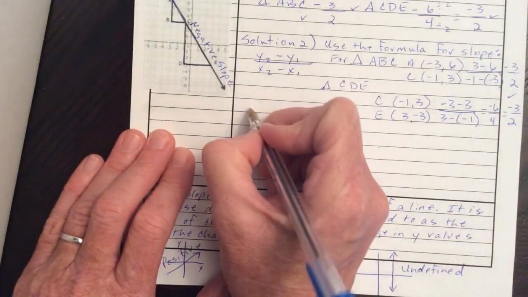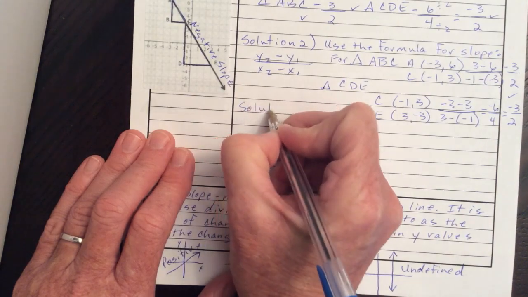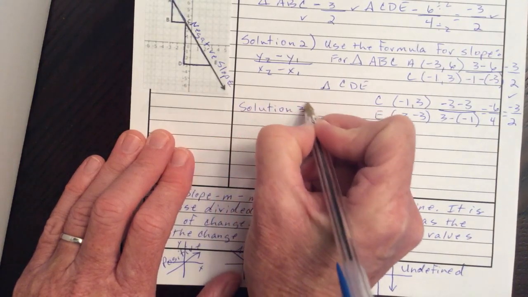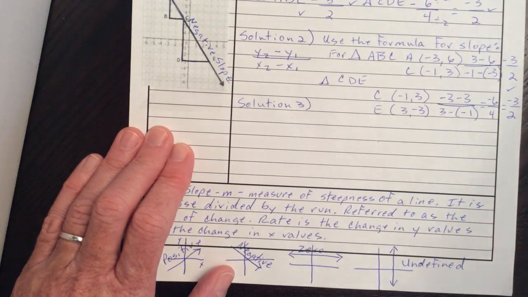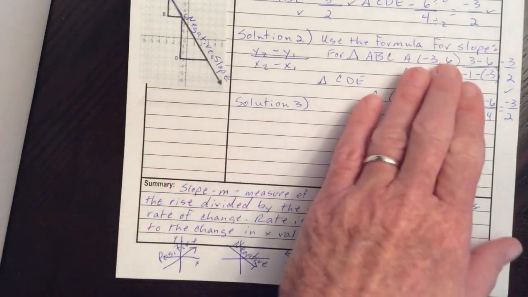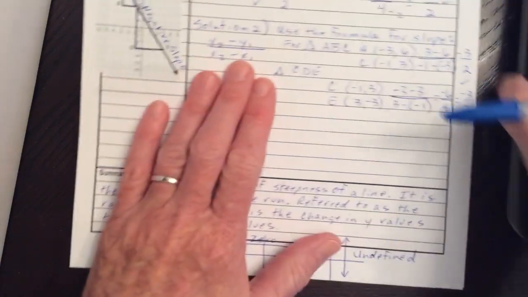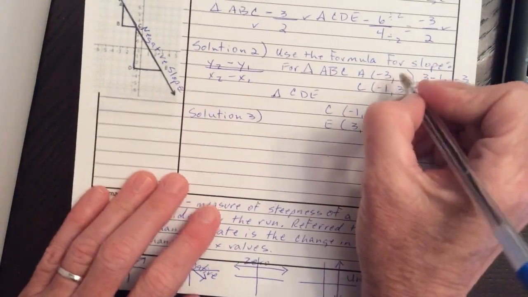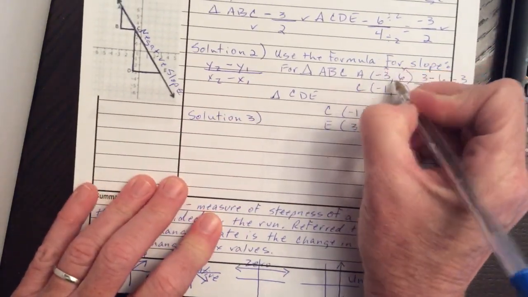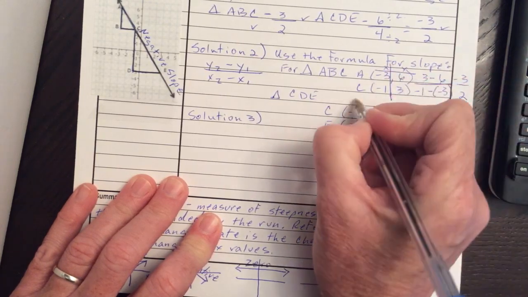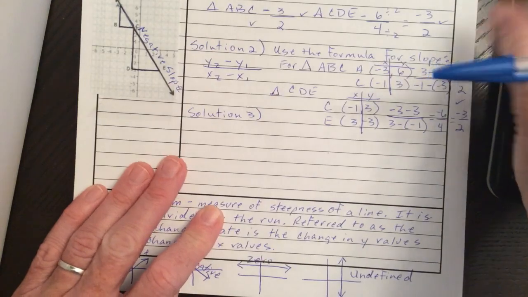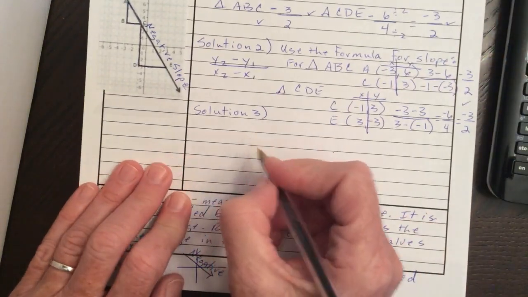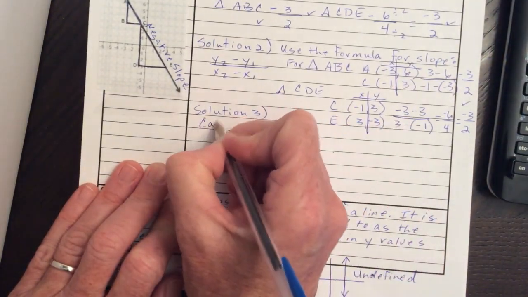Okay? Solution 3. We are going to use the calculator. And since we have these points, we're going to put it in the calculator. So it did help us write our points. So we have our x, and we have our y, and we have our x, and we have our y. So solution 3, we are going to use the calculator,